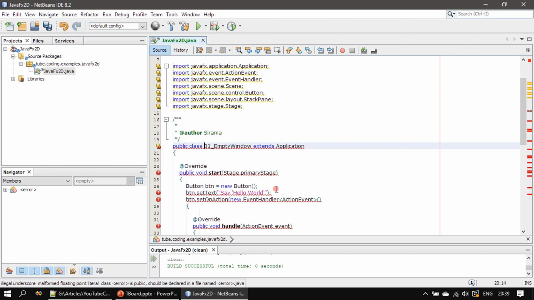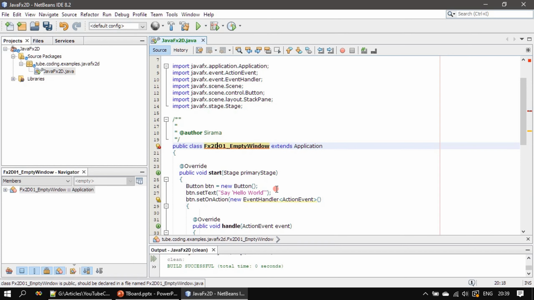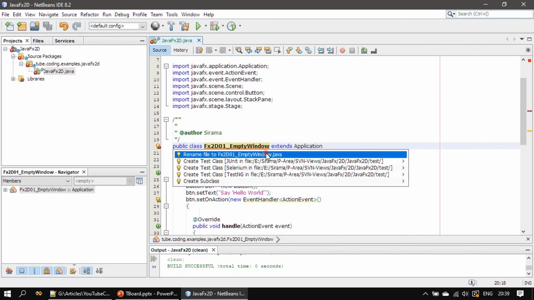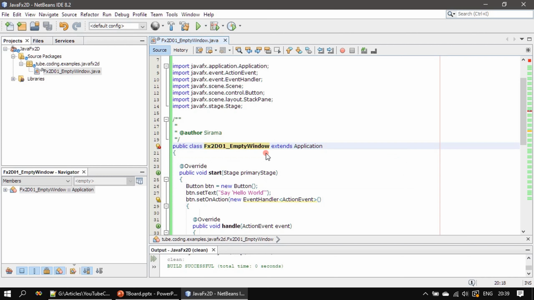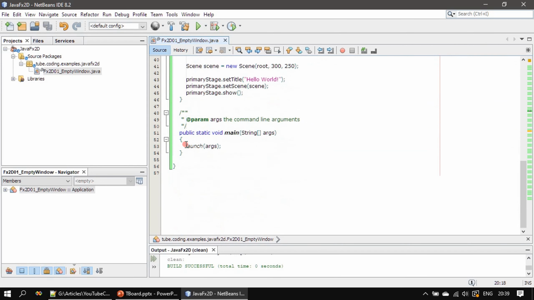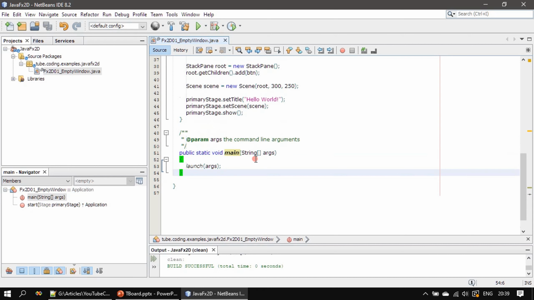So we will give the name as fx2d01 empty window. Then we will rename our file name. So that's all. By default, if you see, there will be a main function, the program entry point,